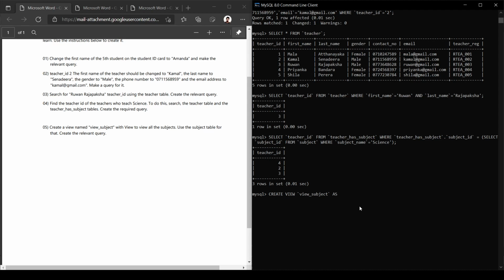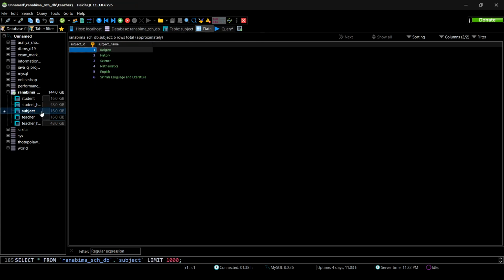We call that table a view in databases. So let's write our select query. Select. In this case, we need only to show the subject names. In the subject table, there are two attributes: subject ID and the subject name. But for that view